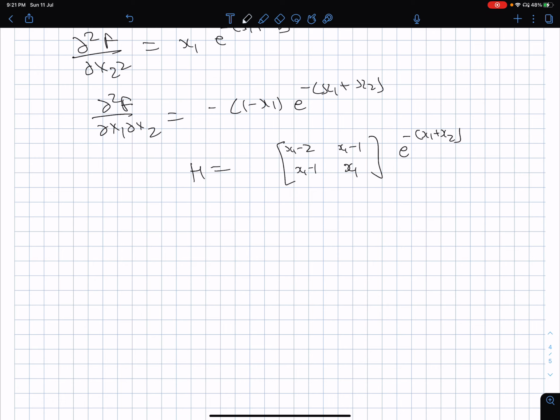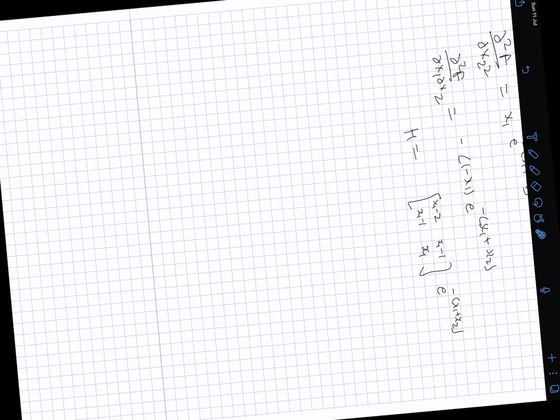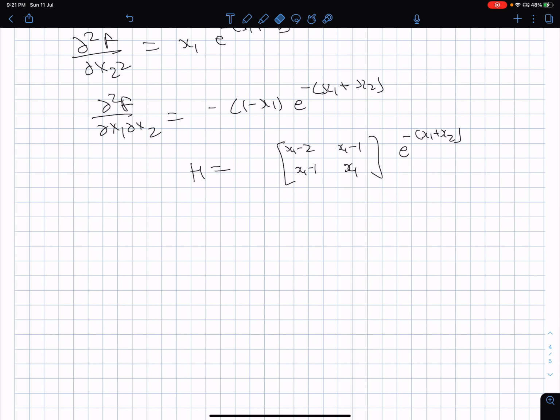Now is this Hessian matrix always, can you always say that this term is always greater than or equal to 0, is it not? This term is always greater than or equal to 0. So since this term is always greater than or equal to 0, we basically need to see the positive definiteness of, when you are looking at positive definiteness of H, you need to focus on this matrix only.